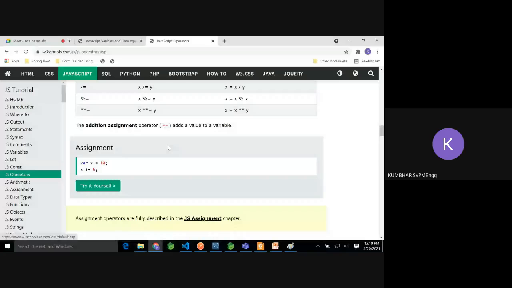Here also they have not mentioned for what purpose it is used. Let me try. So x is 10, and if star star equal to 5, it is becoming 1 lakh.